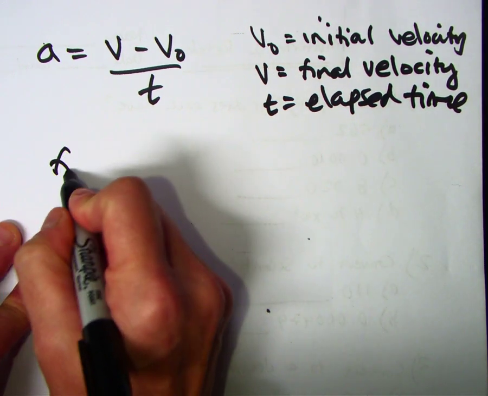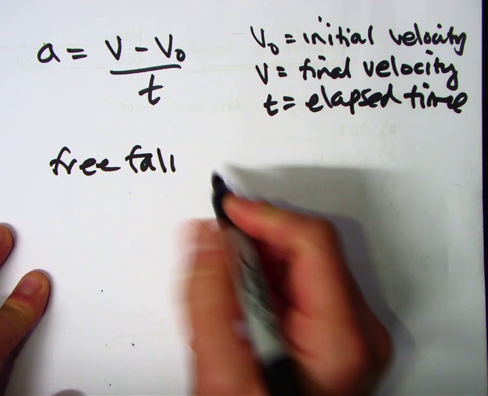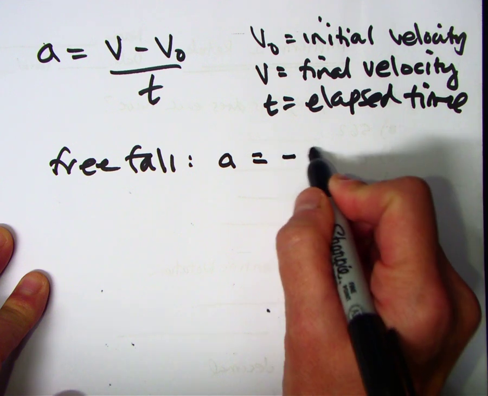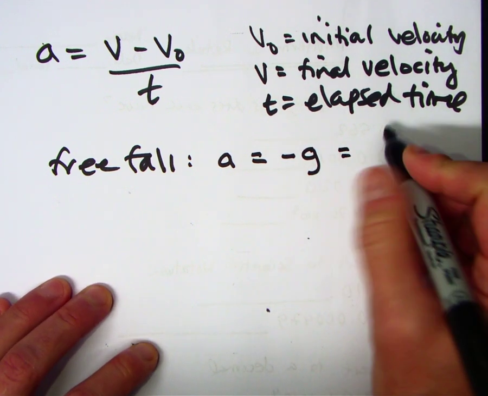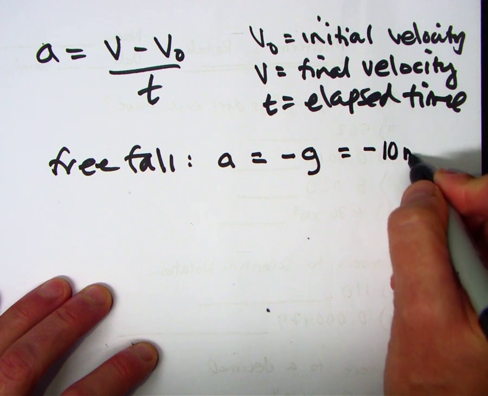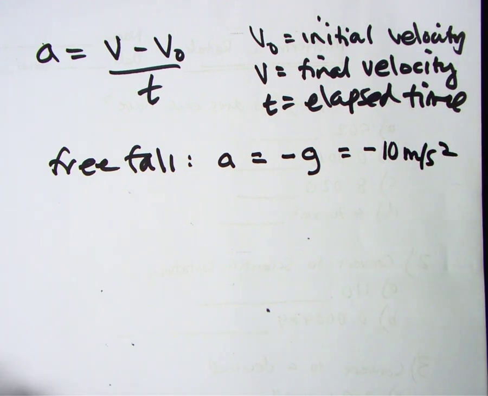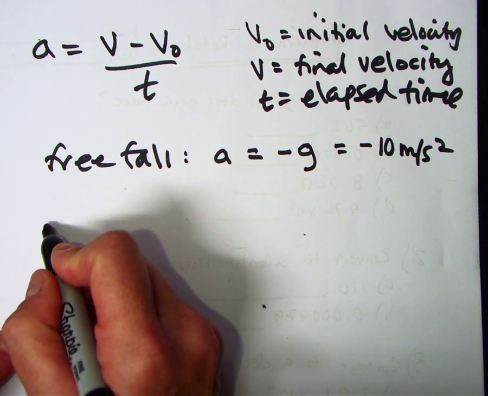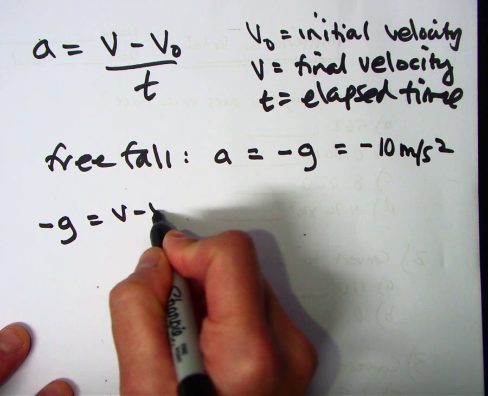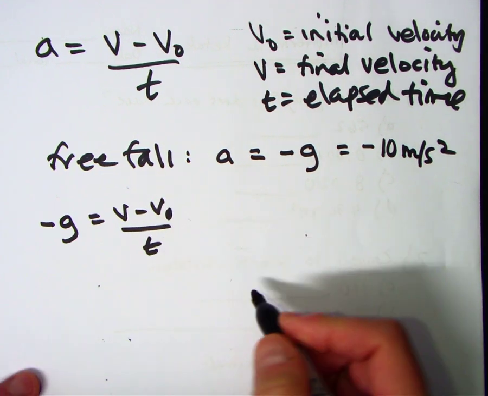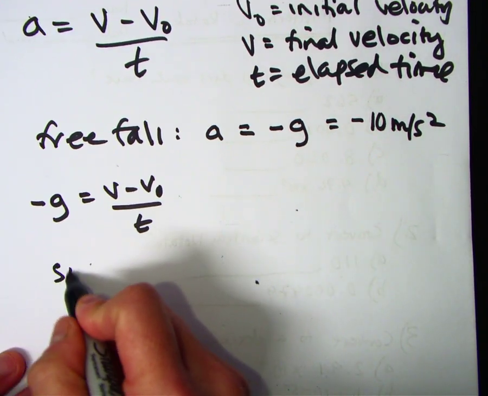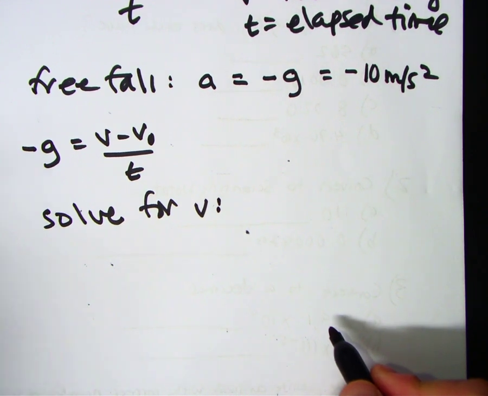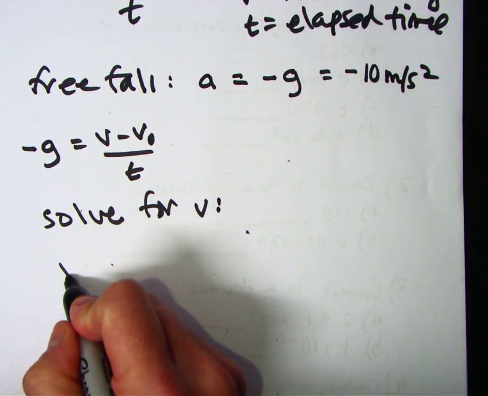Okay, so for free fall, our acceleration, our a, is going to be equal to negative g. In other words, negative 10 meters per second squared. So then we're going to rewrite this formula for free fall. So instead of a, we have negative g equals v minus v naught over t. We can solve this for v. So using a little algebra,